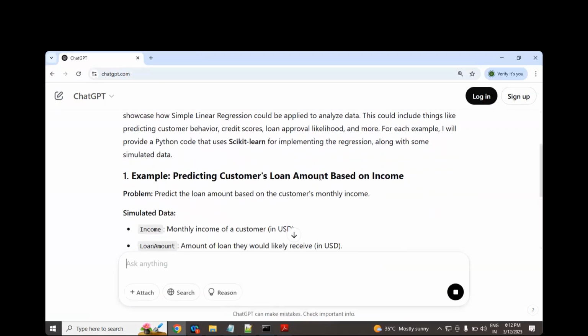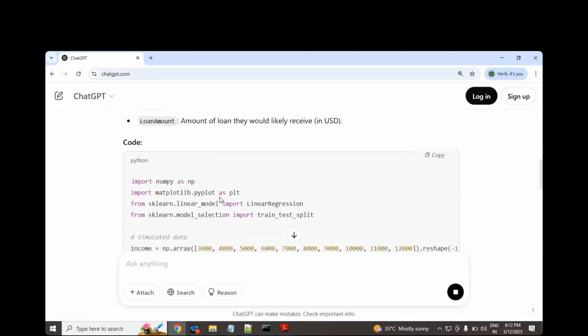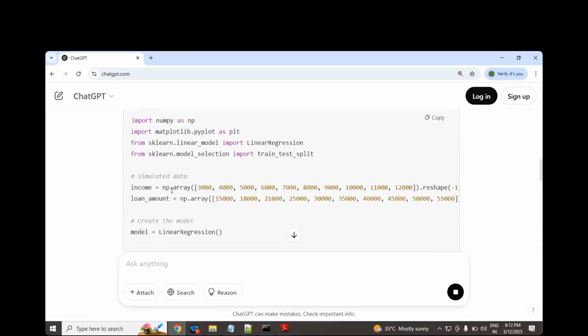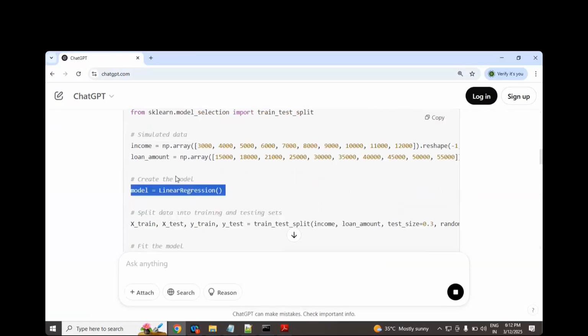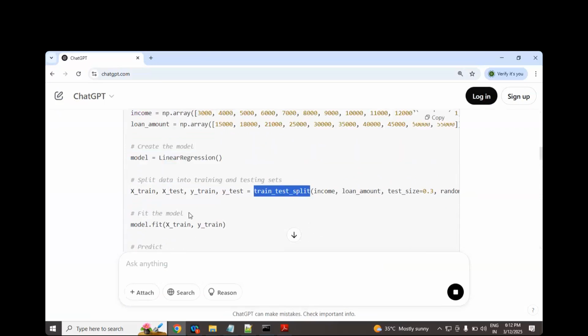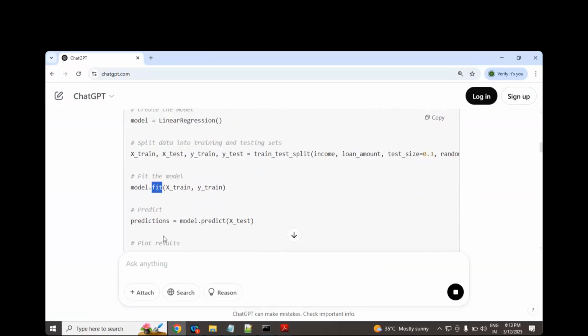Good. Predicting customers' loan amount based on income. This is one of the scenarios, where they apply a machine learning algorithm. They directly create array data: this one will be input and this one will be output. Any idea what this is? Class, and this line is object creation. We are splitting the dataset now. After the model is created, can somebody tell me what this is? Method, training. We are doing training. Any idea what this is? Prediction. Almost we can find similar points.